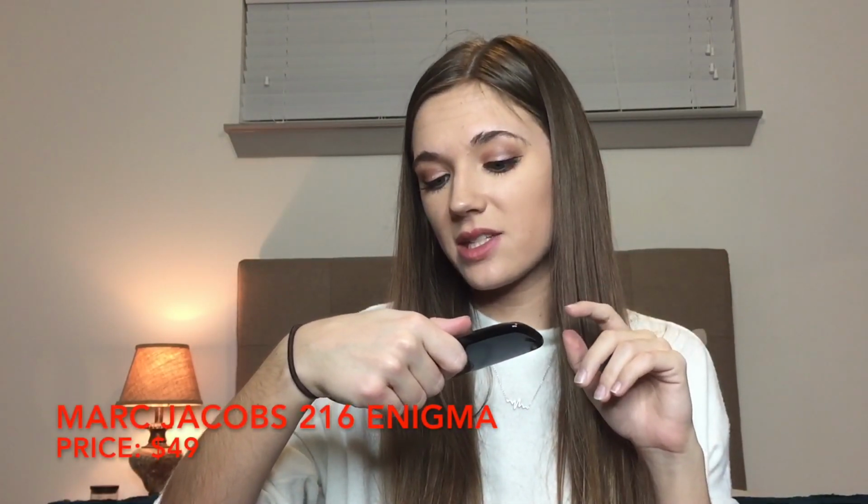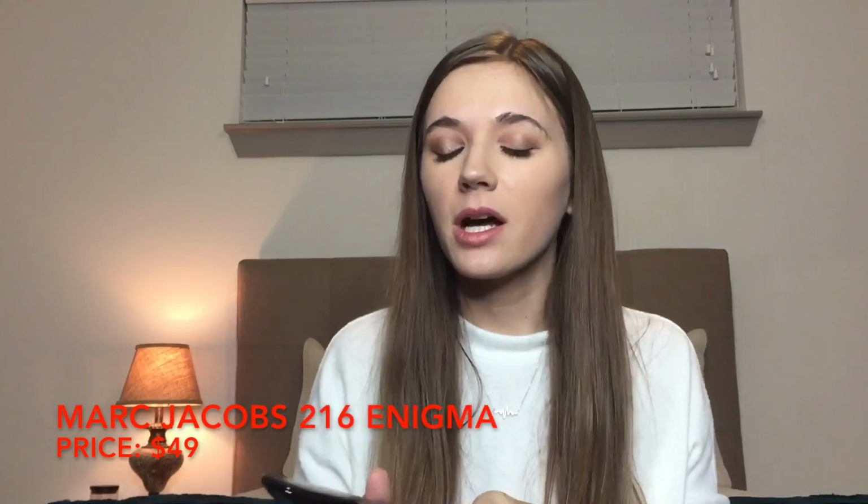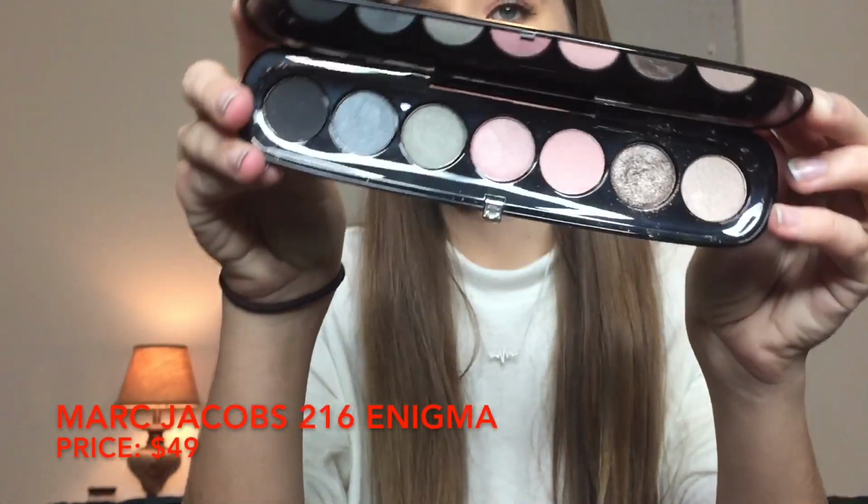The next palette is in this beautiful sleeve because it's a beautiful palette. It is the Marc Jacobs Icon No. 7 palette, so it has the 7 shades, and this is 216 the Enigma. This is a pretty palette, I will say that, but honestly, I think Marc Jacobs eyeshadows are very, very overhyped. I don't know, they were okay. Like, they weren't bad eyeshadows, and they got the job done, but I didn't look in the mirror and love